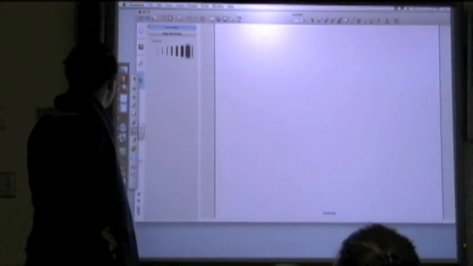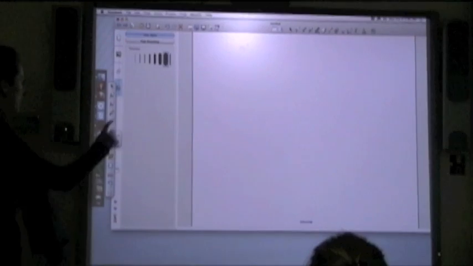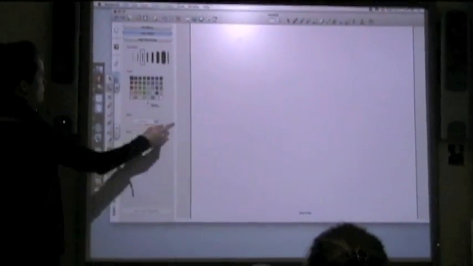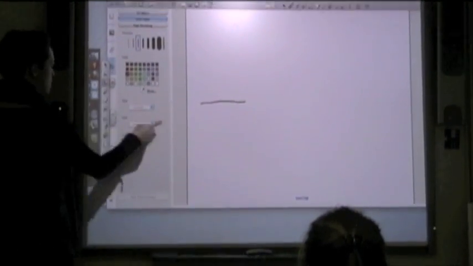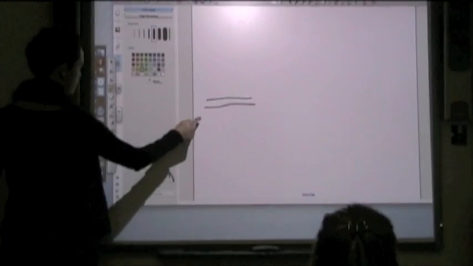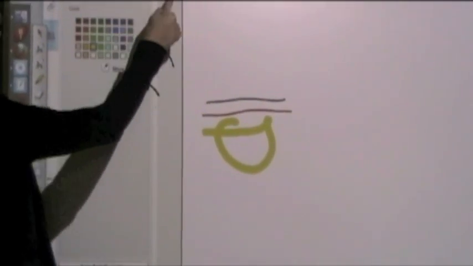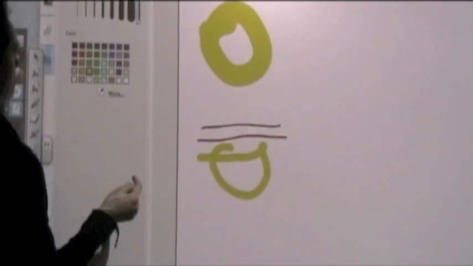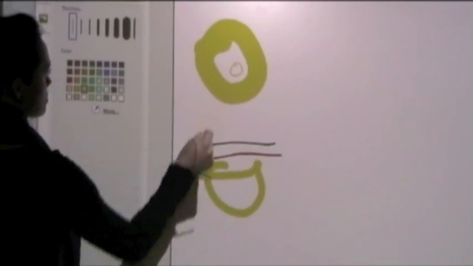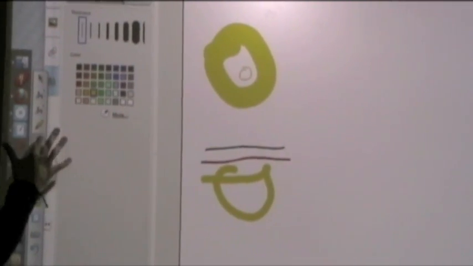Create a new page. You have your options of pen designs. So here's your standard black ink, your standard red ink, a thicker marker, and here you can see the thicknesses. You can go as big as that or as small as that. You also have